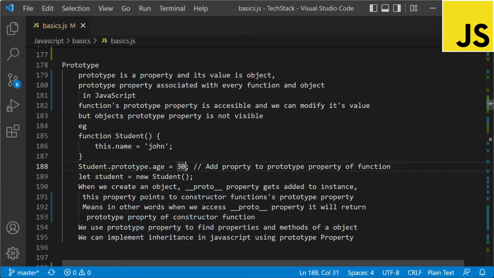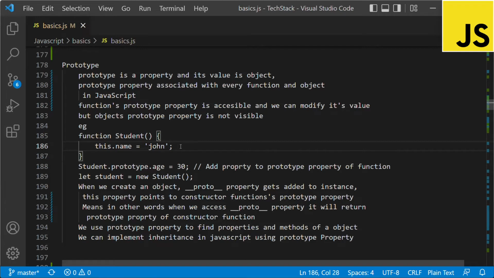We are assigning the value 30. So we have added the age property to the prototype of the Student constructor function. Then we create an object using the new keyword, Student. When we log student.age, it will give us 30, though we have written it in the prototype and not in the